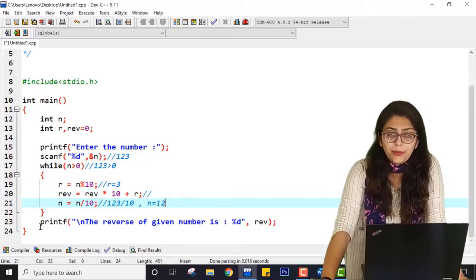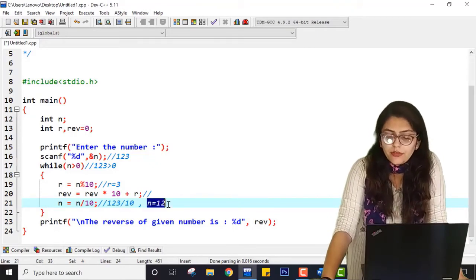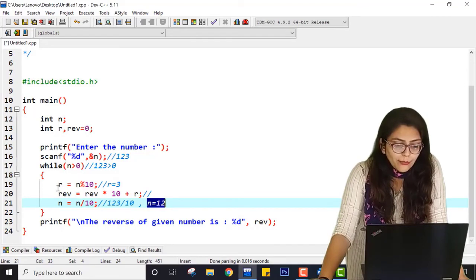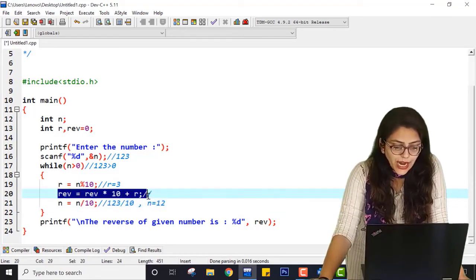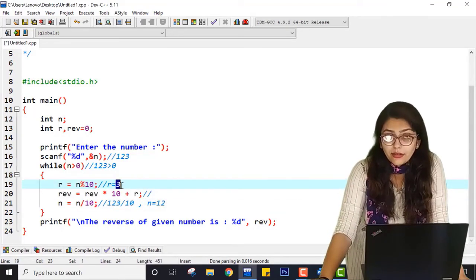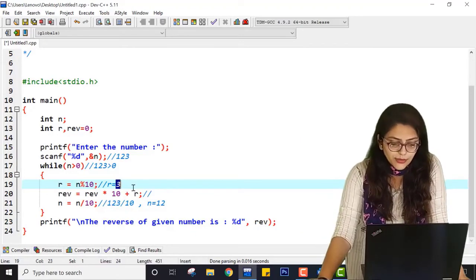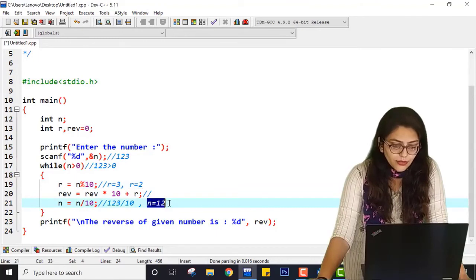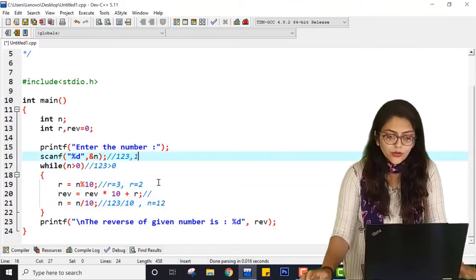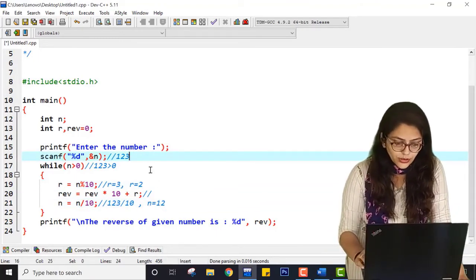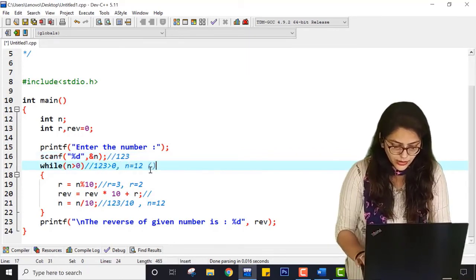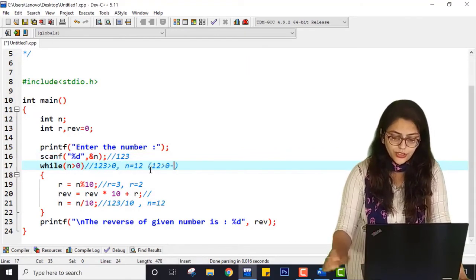And I am doing this repeated process now for n equal to 12. Every time I am adding the remainders, because in the second iteration it will be for n equal to 12. So n equal to 12 and 12 is greater than 0, so the condition is true.